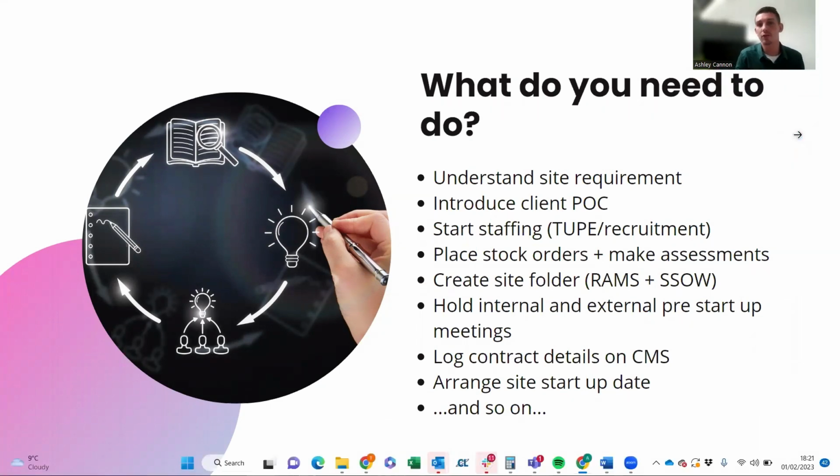What do we need to do? So what do we actually need to do when we're building an onboarding process? So there's understanding the site requirement. First and foremost, we should have got a lot of this information during the sales process, and